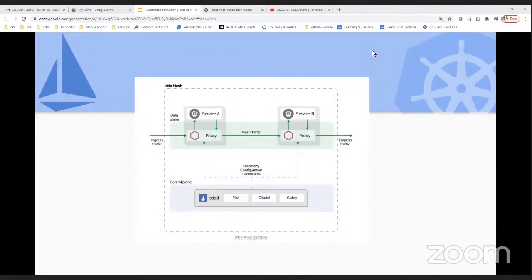What I'm trying to say is that in 1.5 and above, all the components are combined into a single control plane with the help of Istiod. If I say the control plane is the server side, then the proxies and sidecars are the clients.